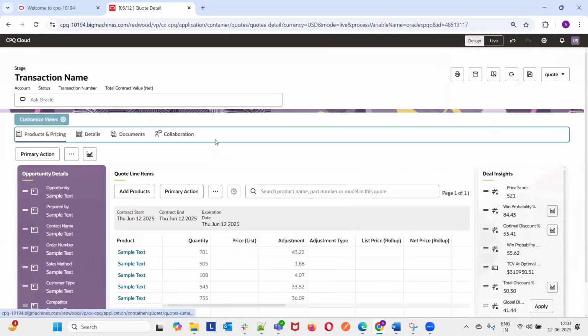The second one is customize views. From here, the user can modify the different tabs which are visible on the code. So the user can modify the different tabs, add the new tabs, or change their sequence as per the requirement. The next one is